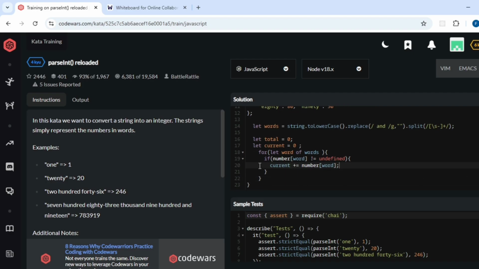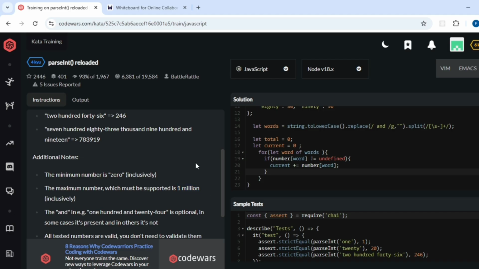After this, we will write one else statement for thousand, million, and 100, because till 100 million we have to do, so that's why. So after this, in the for loop only, else if, and else if the word